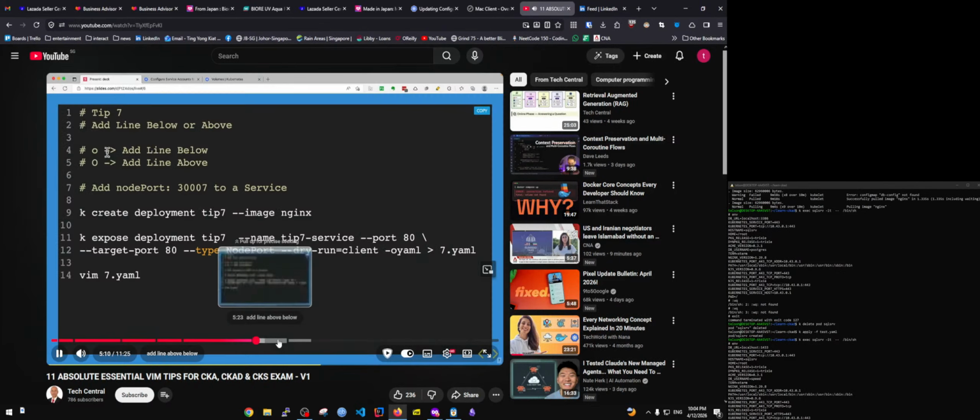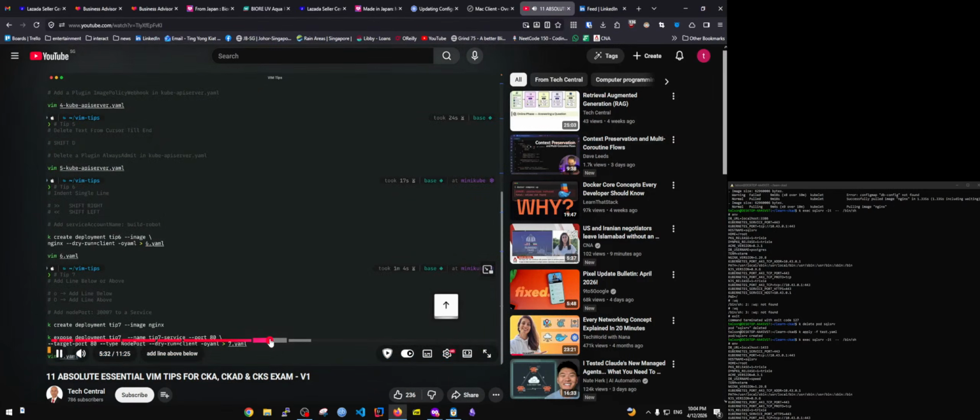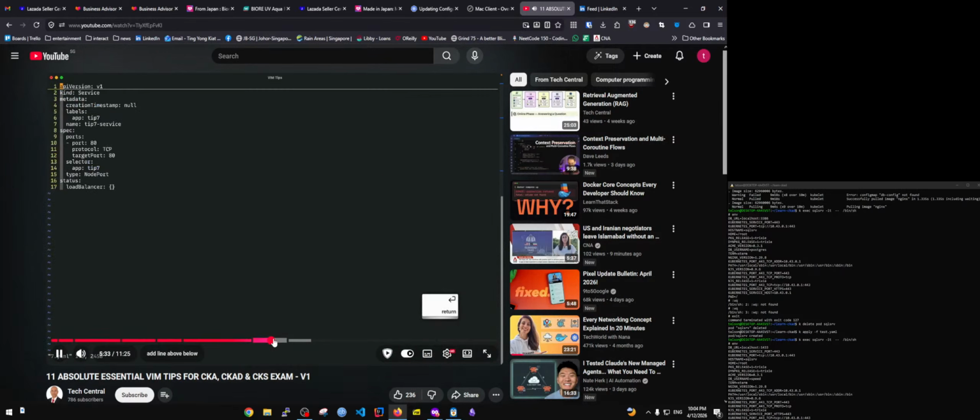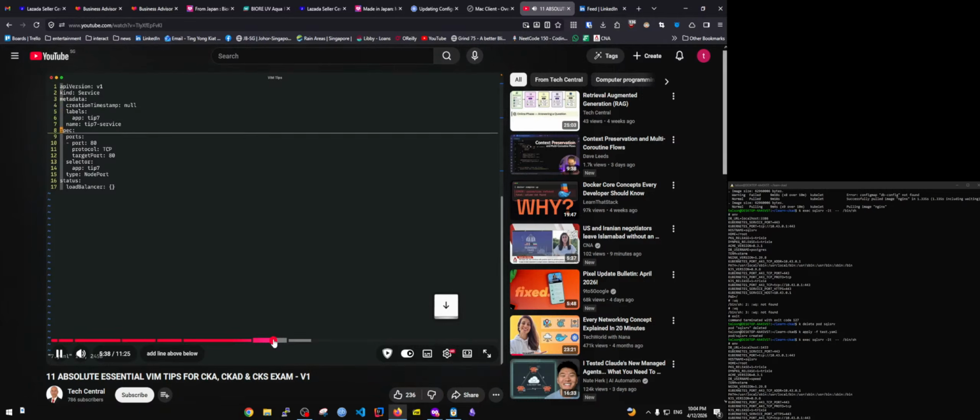So once regular O, and if you want to add above, it's like Shift O, like cap O. So this question is asking me to add node port, right? Okay, so this is a very small file, so I can just use the arrow keys. So I just come here, somewhere over here, I press